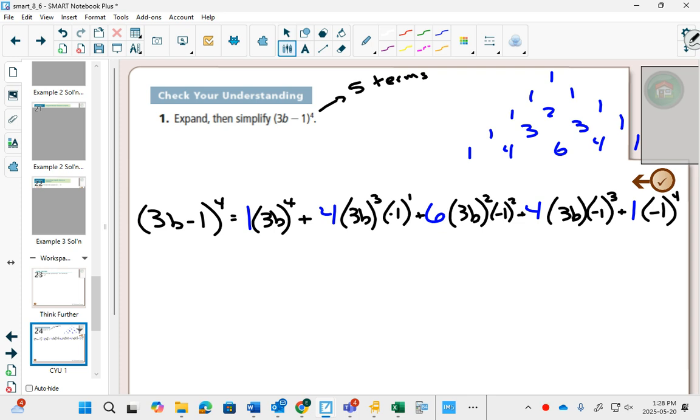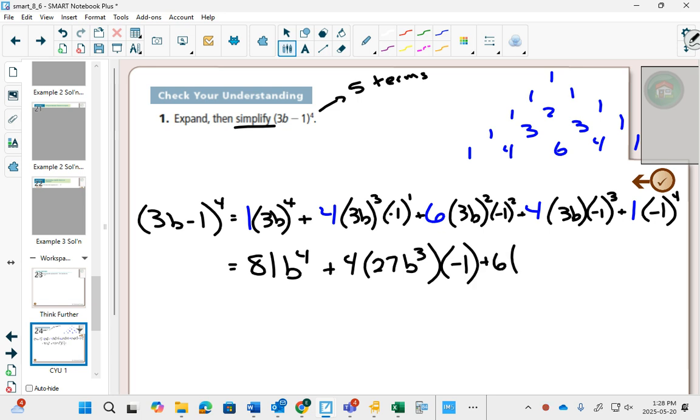Now to simplify, let's just simplify all the brackets by themselves. Well, times by 1 won't matter. 3 to the 4, that's 81. b to the 4, plus 4. If I do this exponent, 3 cubed is 27, b cubed, and then a minus 1, plus 6, 9b squared, and negative 1 squared will be positive 1, plus, I guess 4 times 3, I could write that as 12b, negative 1 cubed will be negative 1, and negative 1 to the 4 will be positive 1